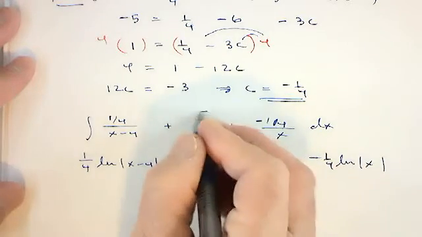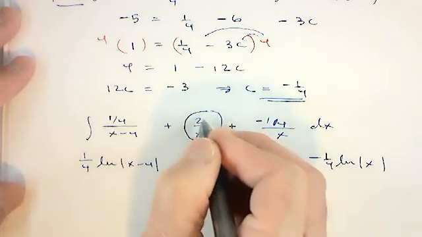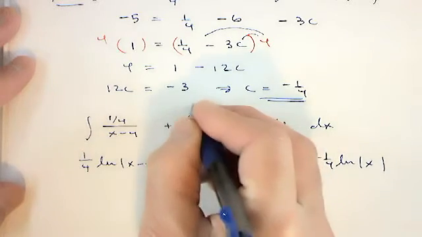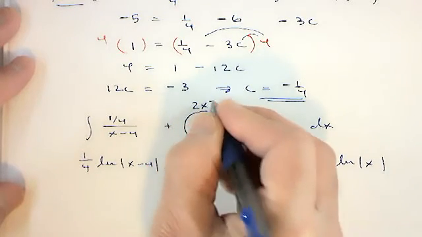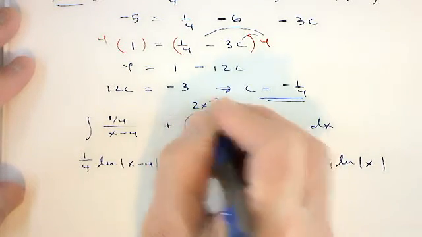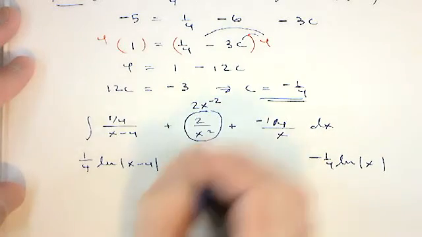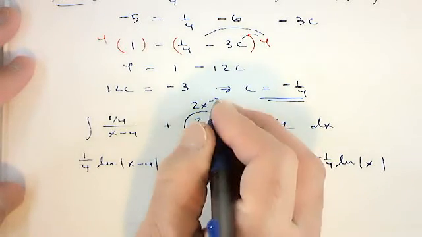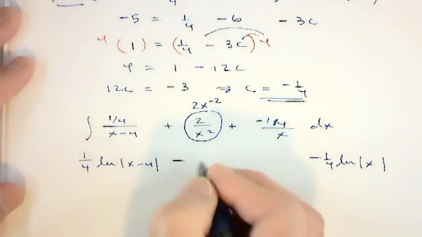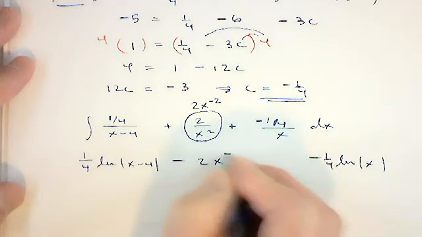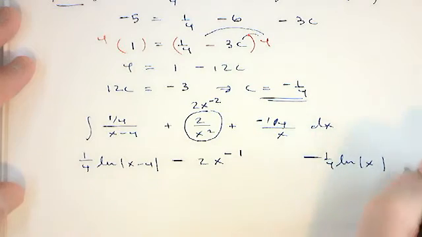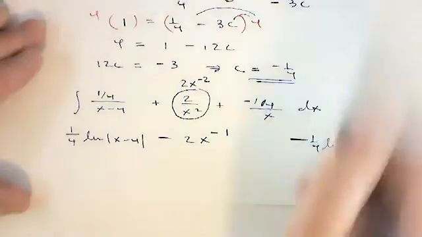Be careful here, that's not an ln because it's 2 over x squared, and it's only ln if it's x to the first on the bottom. So instead, we should think of this as 2x to the -2 and use your power rule, where you go 2x to the -1 over -1, right? Add 1 and divide by that. And when it's all said and done, it's going to be minus 2x to the -1 minus 1/4 ln of x plus, I like to joke here, we usually put plus c at the end, but